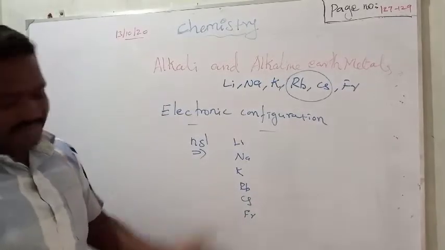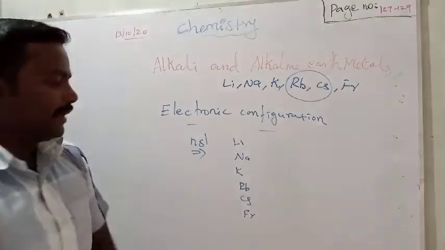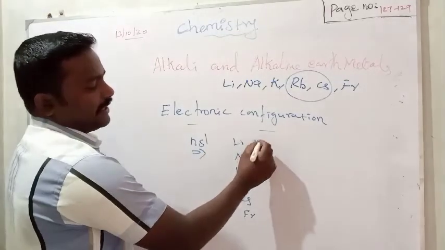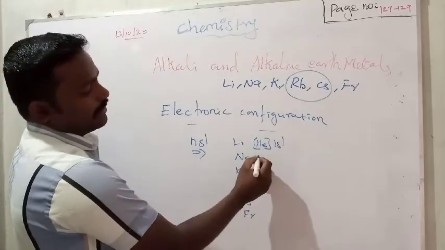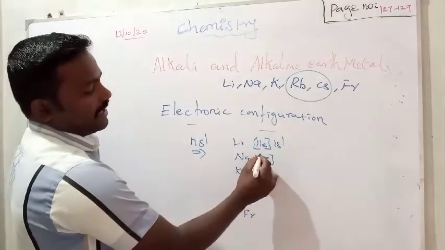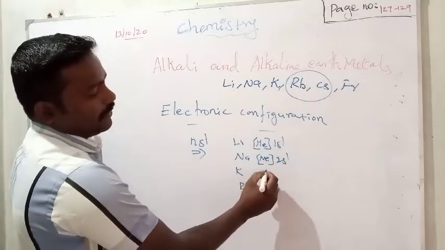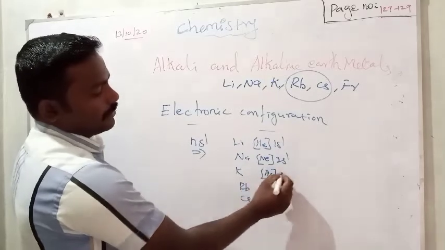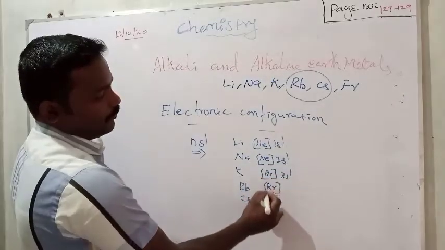Usually for francium we may not take it into account because it is a radioactive element, but we can write after the helium 1s1, then neon configuration with 2s1, argon 3s1, krypton 4s1,